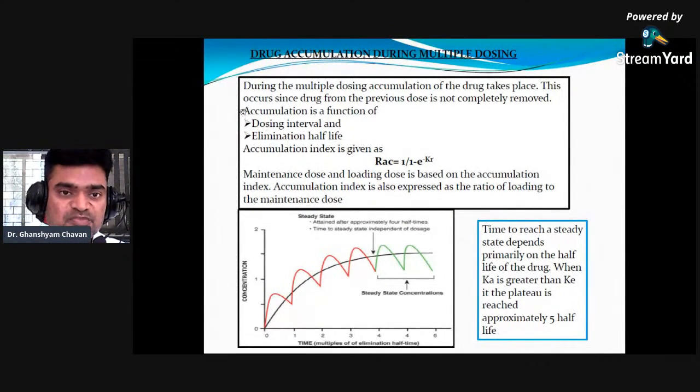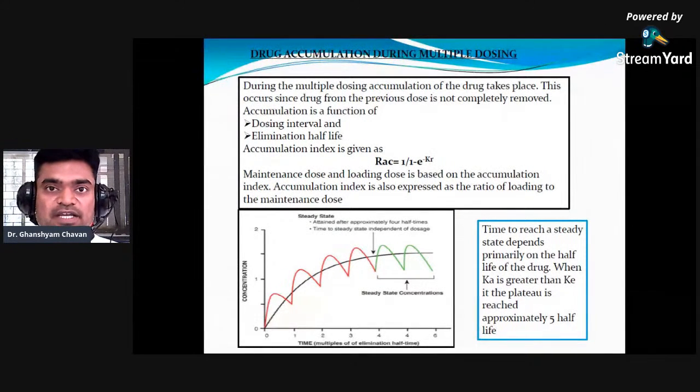So during multiple dosing, accumulation of the drug takes place. When you give multiple doses, meaning 2 times a day, 3 times a day or 4 times a day, and for a longer period, meaning 10 days, 1 month or 2 months, it may get counted as dosing accumulation. It is a very critical condition, because nobody knows which drug is going to be accumulated and show its cumulative effects, and it can become life threatening in certain cases,